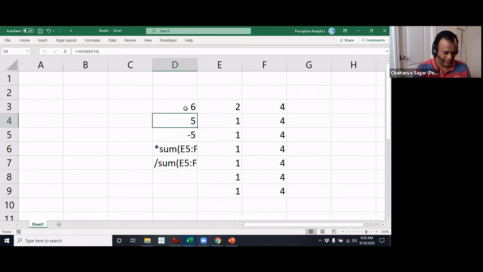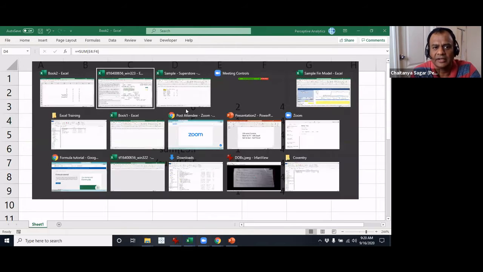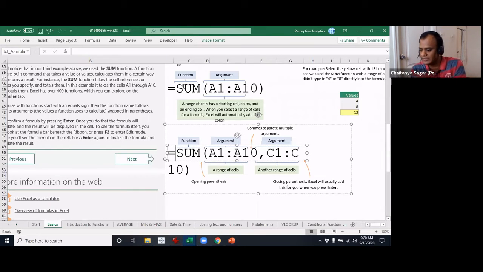So let us get back. Here if you look at this, a formula always includes what's called a function. Sum is an example of a function, and it has to have an open bracket, followed by various parameters, each parameter separated by a comma. And once all the parameters are done, you have a close symbol.